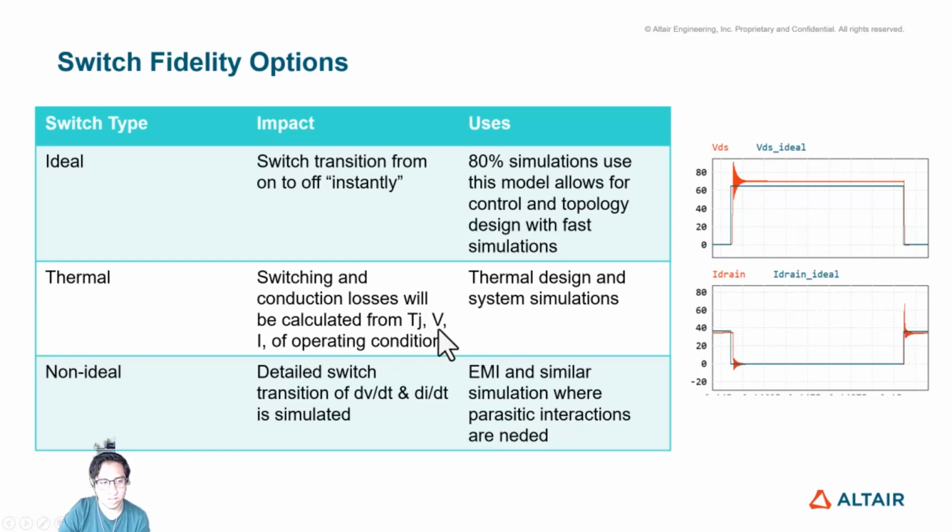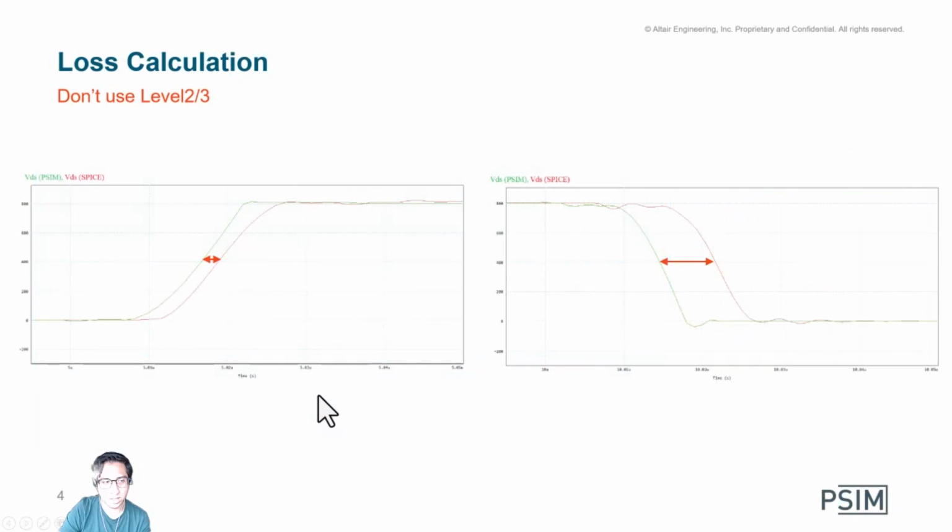And then use non-ideal switches specifically for EMI and similar applications where we want that level of detail, right? Getting the transitions, parasitic interactions, oscillations, and all of those sorts of phenomena. Don't use them to calculate losses, and I'll explain why in a second. For loss calculations, these might not be the best model, specifically because